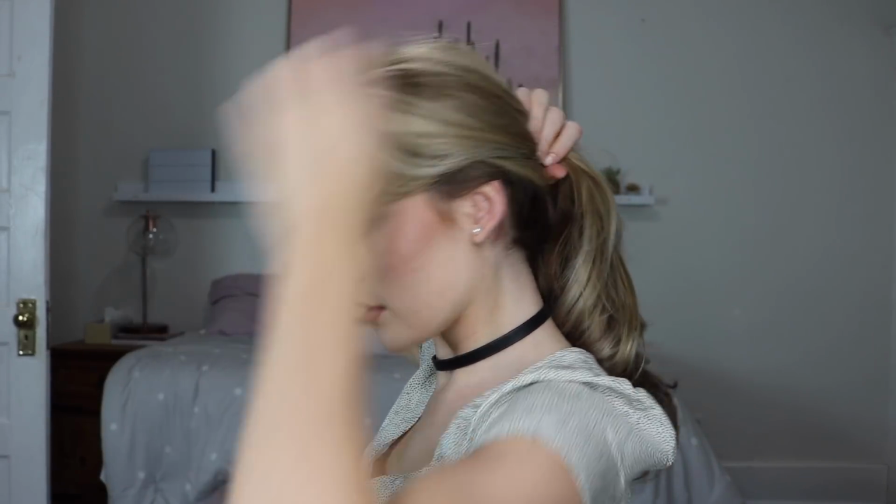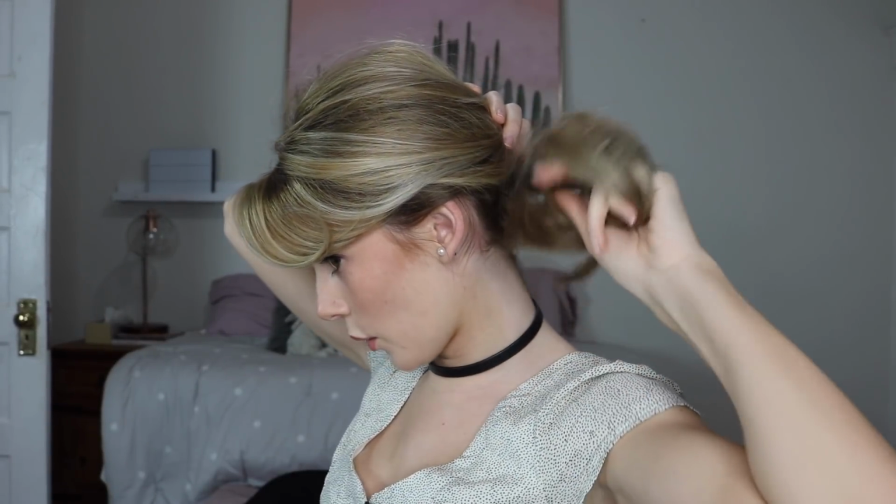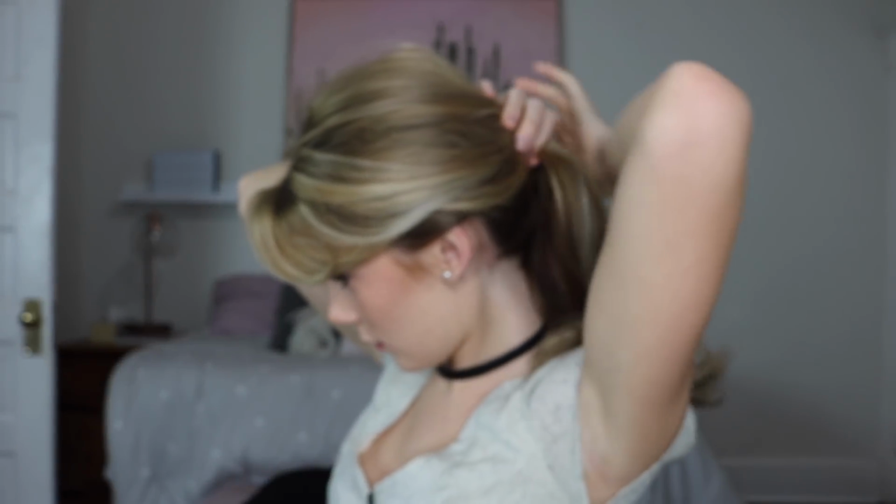Basically, I have to personally use this big clip because my hair is getting so big, but if you've got thinner hair, take your medium clippy and put all your hair up in a pony. I'm gonna turn around actually, from the side. Take your hair in a ponytail at the nape of your neck, and then you're gonna twist it a few times,